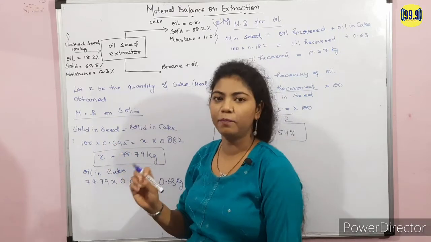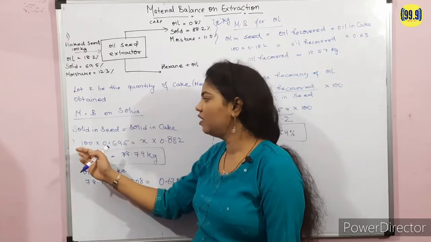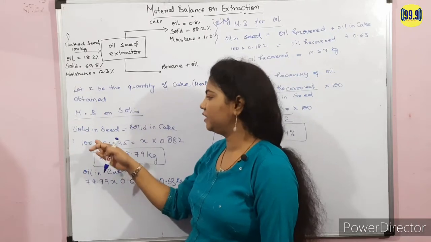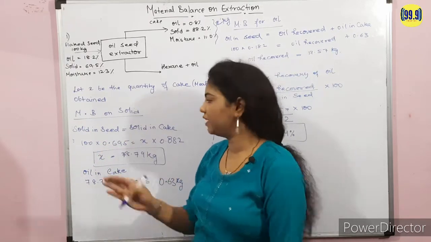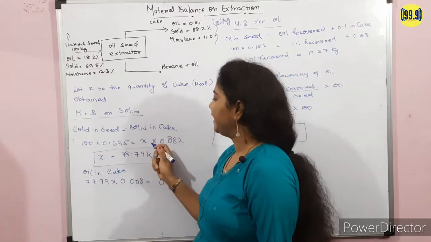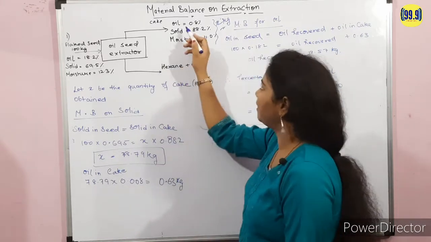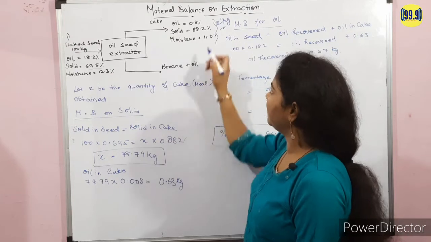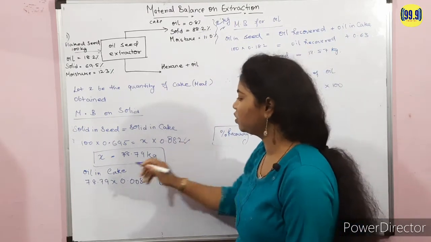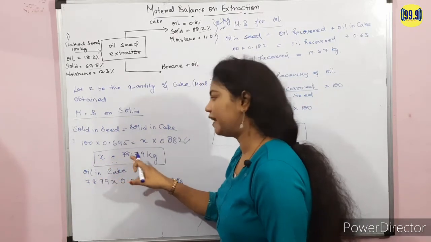तो सिंपली हम डिवाइड कर देंगे 0.69 से, डिवाइड कर देंगे 100 से, तो ये 0.695 आ जाएगा. और we multiply the total quantity with the fraction of the solid. ओके, सो यहाँ पे देख लिया 100 इंटू 0.69 is equal to, केक में हमने एज्यूम किया कि ये x क्वांटिटी है, x केजी क्वांटिटी है, और फ्रैक्शन केक में ऑयल सॉलिड का कितना दे रखा है 88.2. ठीक है, 88.2. तो इस इक्वेशन को सॉल्व करने से हमारे जो क्वांटिटी ऑफ द केक है x, वो हमारा कैलकुलेट होके आया